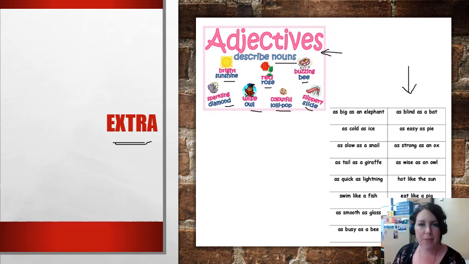They're all the nouns. You can see on this poster the adjective goes before the noun. So instead of just saying bee, you could say the buzzing bee. You can see how it makes it just that little bit more exciting and descriptive. Instead of just saying the diamond, you could say the sparkling diamond. So as an extra step, go through and see if you can add a couple of extra adjectives before some nouns in your story. And your teacher would be very impressed if they saw with your colored pencil that you'd